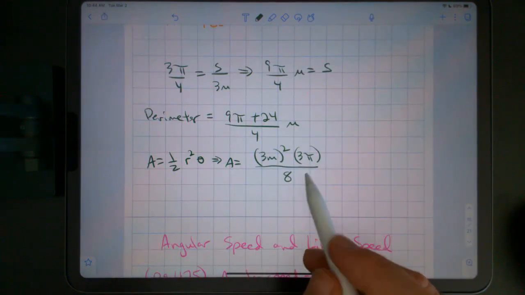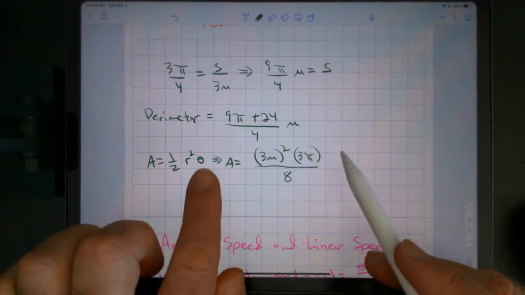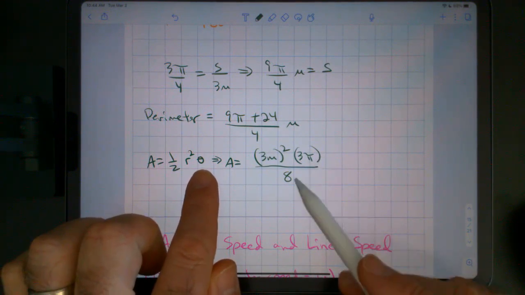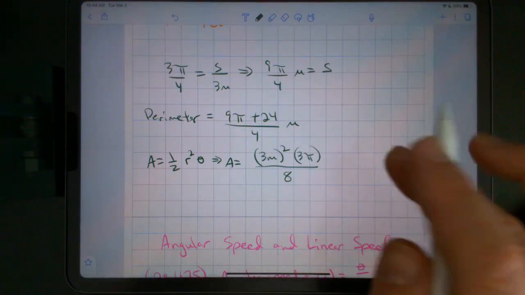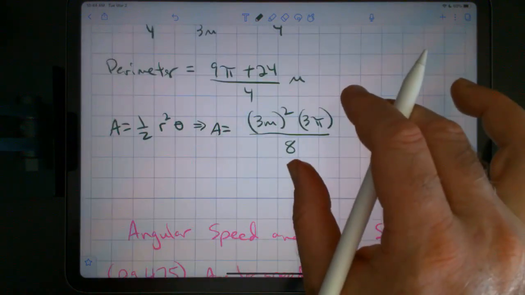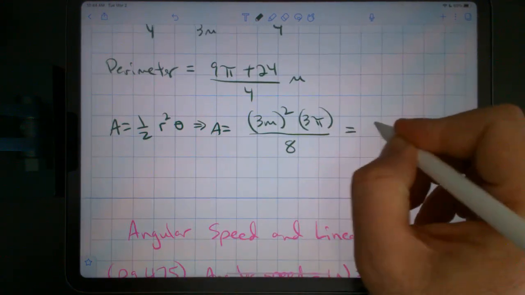That 8 is because the angle measure is 3 pi over 4, and then the 4 times 2 is 8. So that the area is equal to